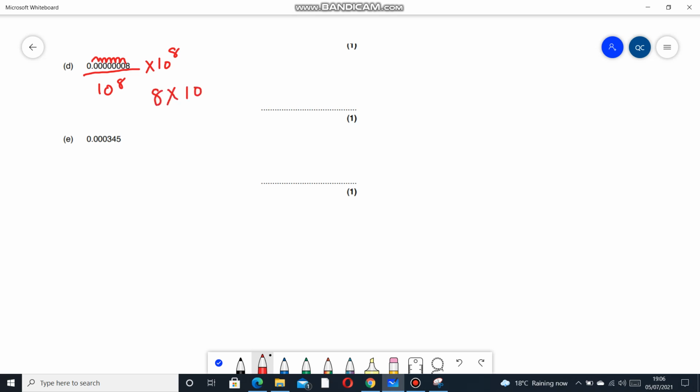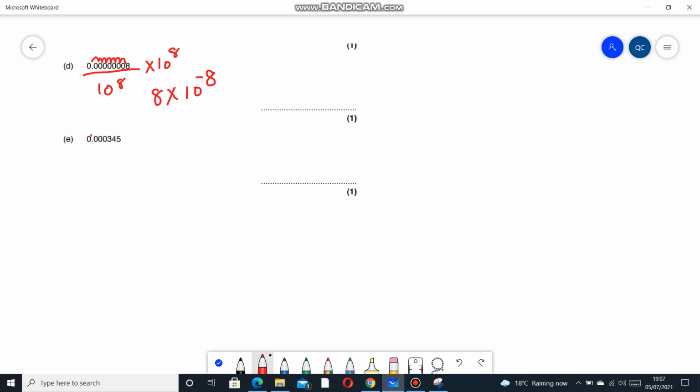the power, because when I multiply, this number will become bigger, 8, and this 8 to the power 8 will go with 10 to become 10 to the power minus 8. Okay, this is also a small number, so note point